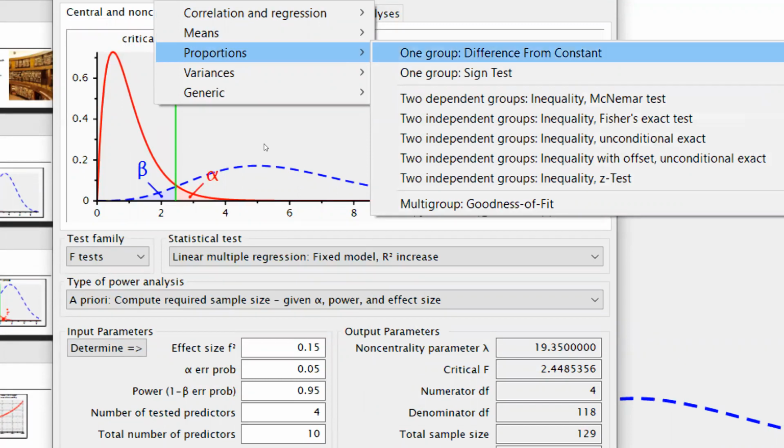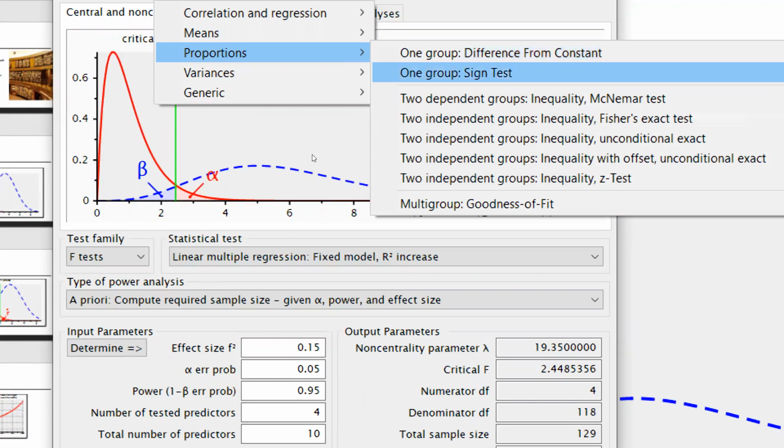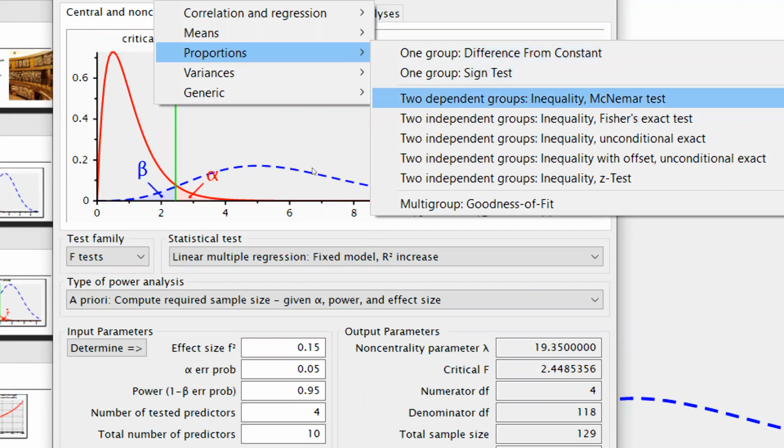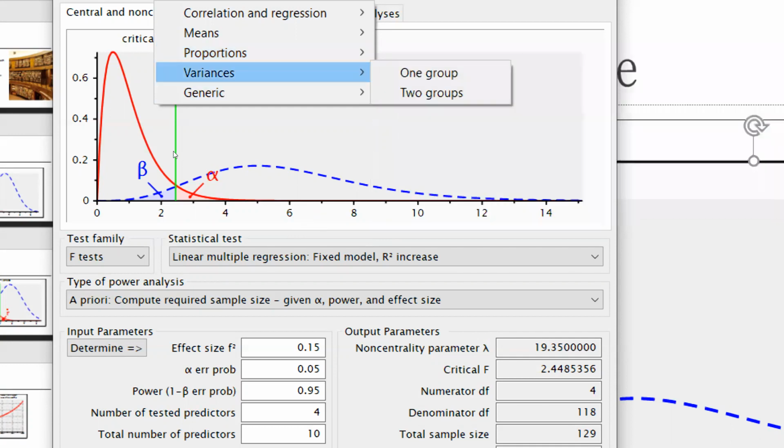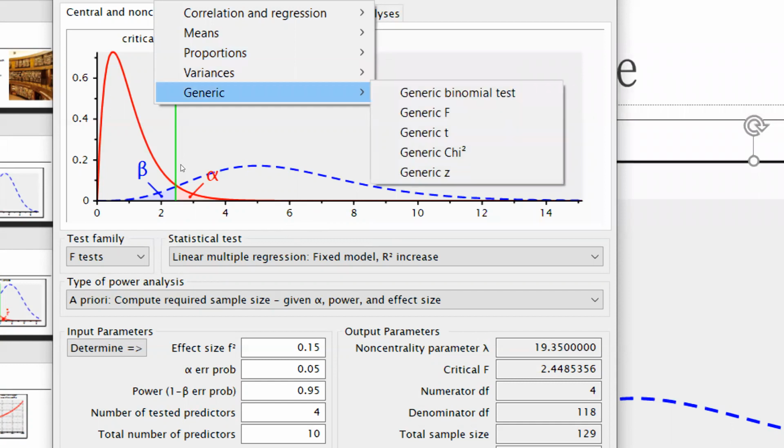So proportions: one group difference from constant, one group sign test, McNemar, and I have definitely already uploaded the McNemar test video in my playlist. And here is two independent groups inequality, Fisher's exact test, two independent groups inequality unconditional, and two independent groups inequality Z test, and goodness of fit multi-group, and variance, one group and two groups, and generic.